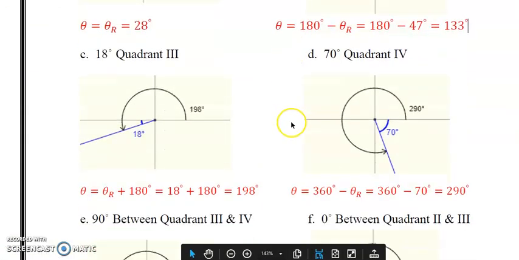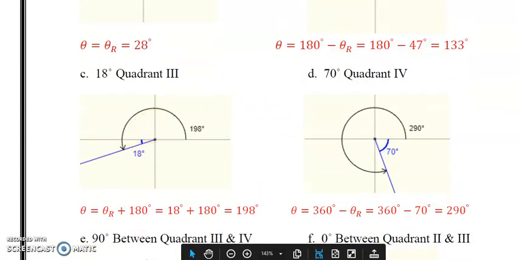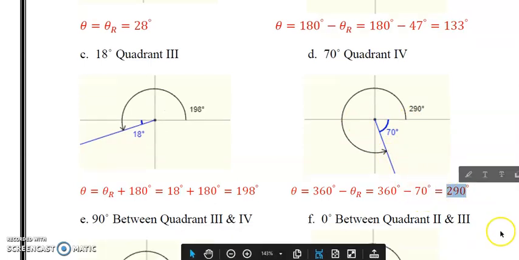Okay? Quadrant 3 of 18 degrees would be slightly down past the 180, so it's 180 plus the 18, and that'll give you 198. Quadrant 4 of 70, so 70 would be here, down there, so we take the 360 and subtract the 70, and that'll give us the principal angle back at